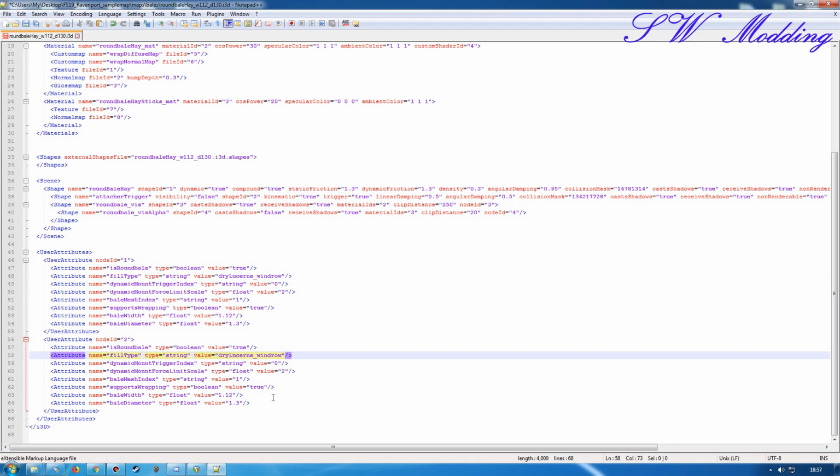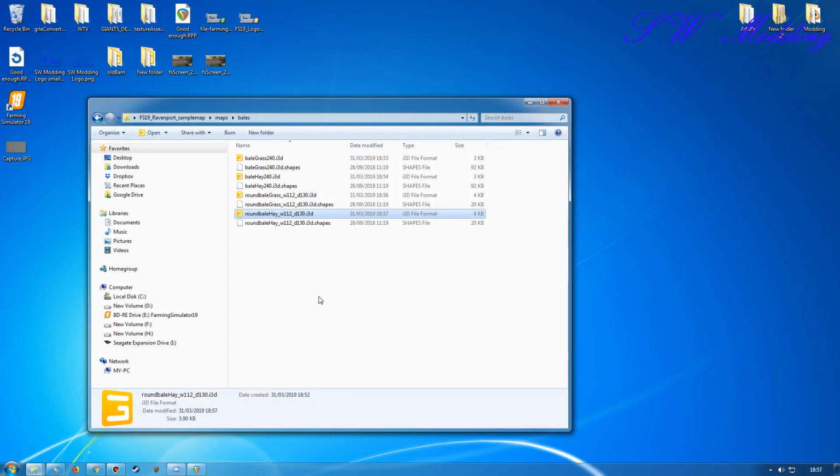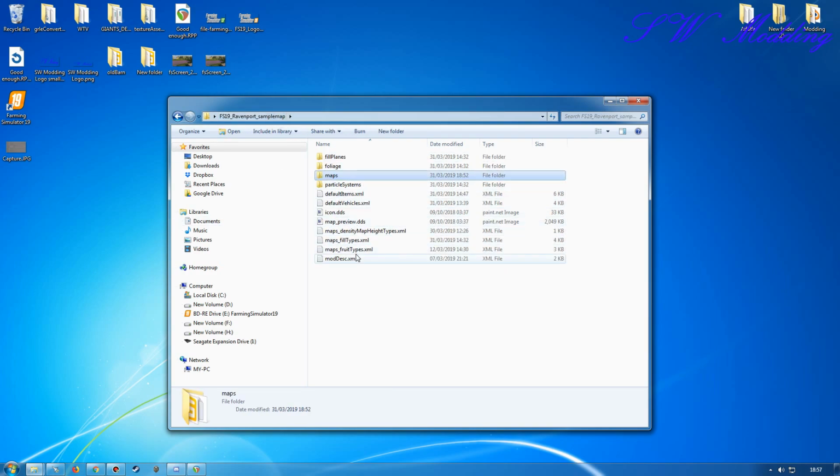And we'll just copy and paste that into there like so. And that should be that. So we can just go ahead and save on that one. And that's fine. So now I have my bales set up in there. What I need to do now though is actually point all of that in the right place so it knows